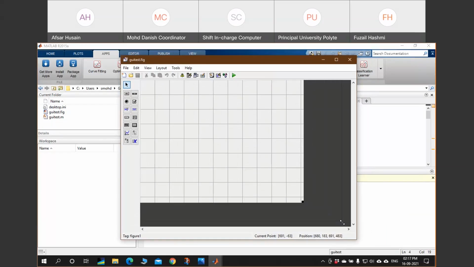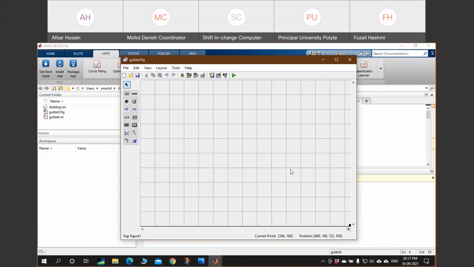Here you can put all the buttons, all the menus, all the pop-up menus, everything you want to represent in your application, you can put over here. So this window will be very useful while creating the application from scratch. I will quickly go through the options, context menus and other menus.